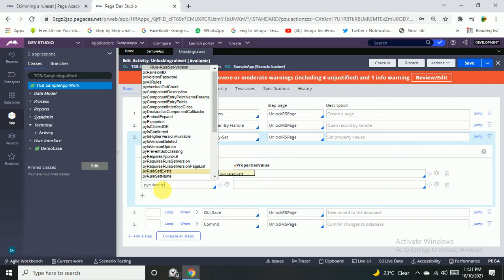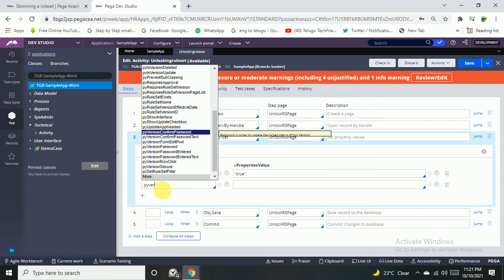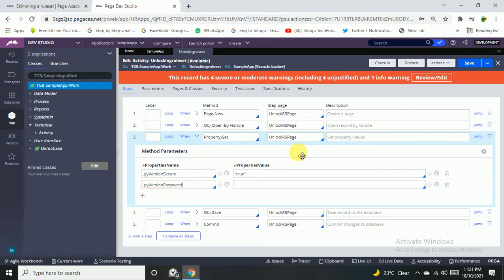Sorry, it's PY version password, that one. The PY version password column, that one. So now you have to pass whatever you have in your mind. For example, currently 1 2 3 is set as the default,